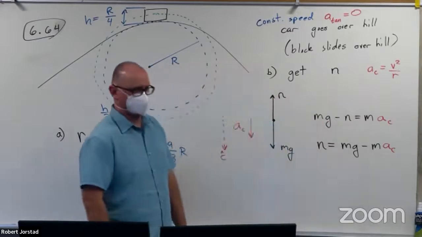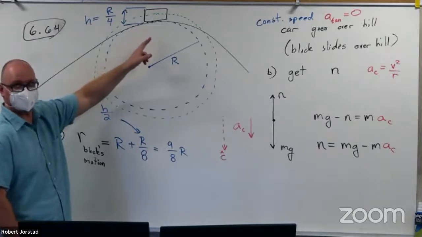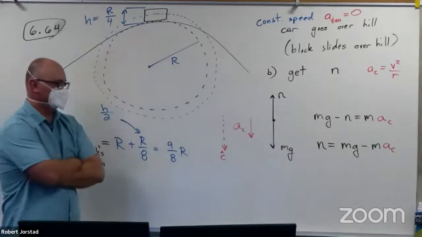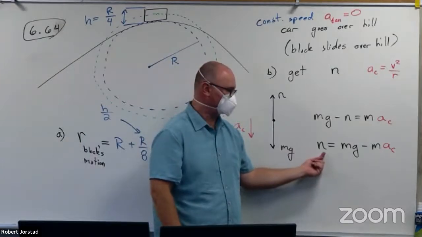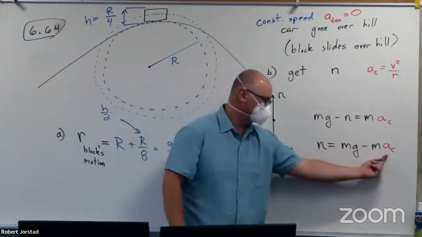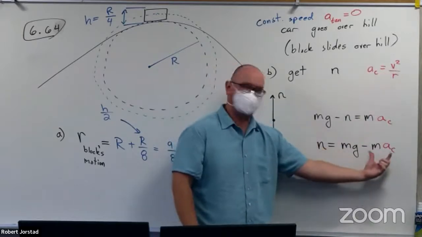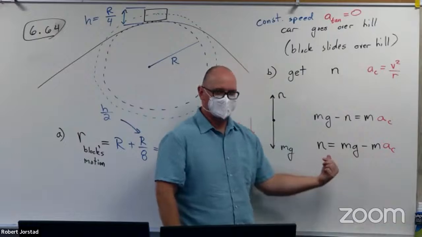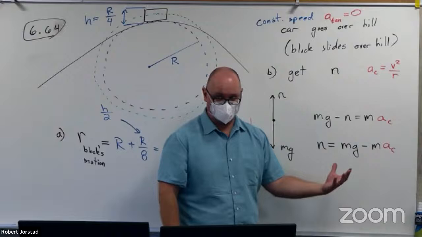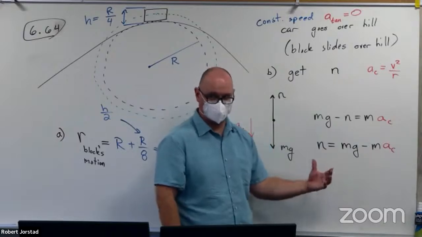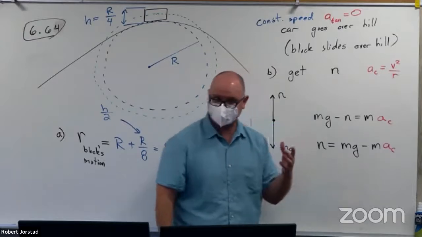Let's think special here. What's going to happen as you go faster and faster and faster? What happens to the normal force? It's smaller. Why? Explain. Because AC increases by V squared. If V goes up, AC goes up, we're subtracting more and more. Can you catch air? Can you fly over a hill and lose contact with the road? Yeah. If you go too fast,